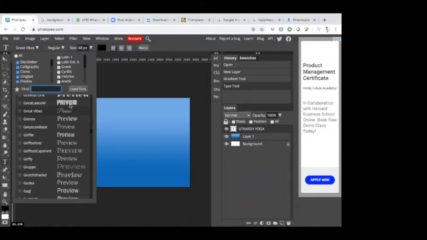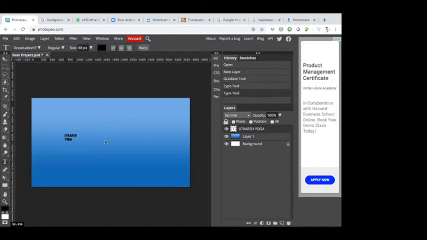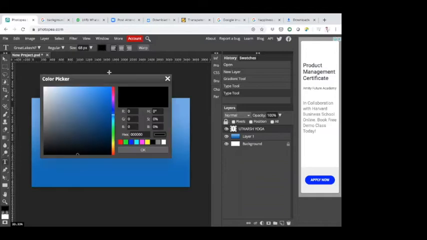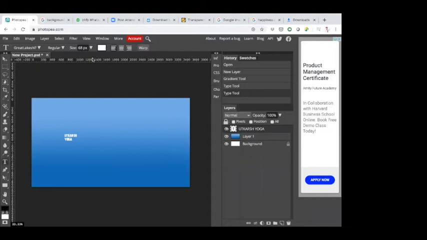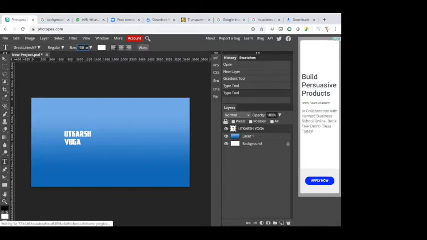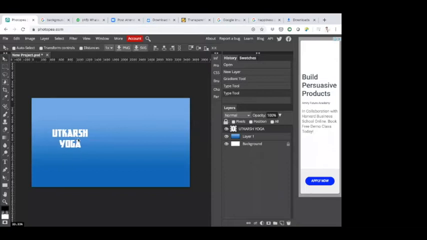I am going for Great Lakes NF and I'll change the color to white. I'm hitting OK. Now the size is also small. I'm slightly increasing the size. 150 pixels. It's not going above that. If you want to increase more than that, you can always type in the font size here. Now I'm going to make it center aligned and now move this Utkarsh Yoga here.